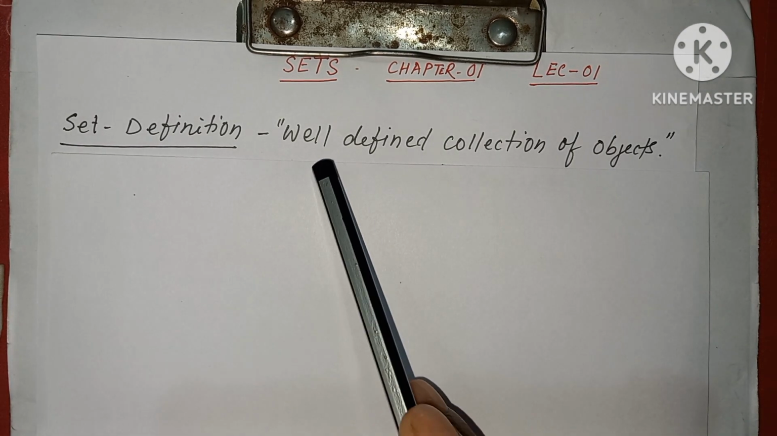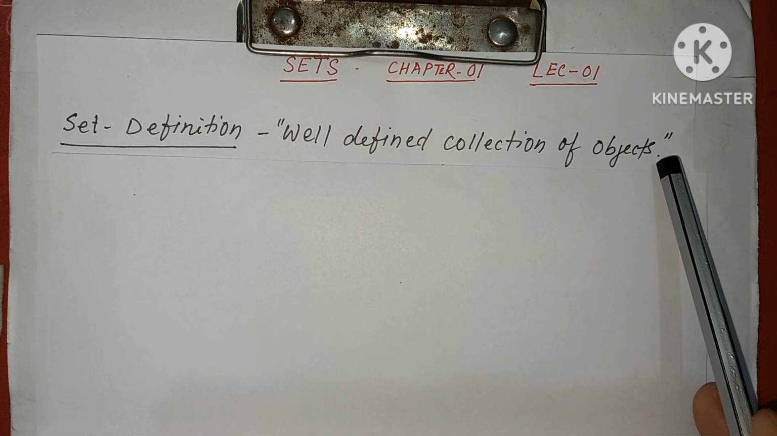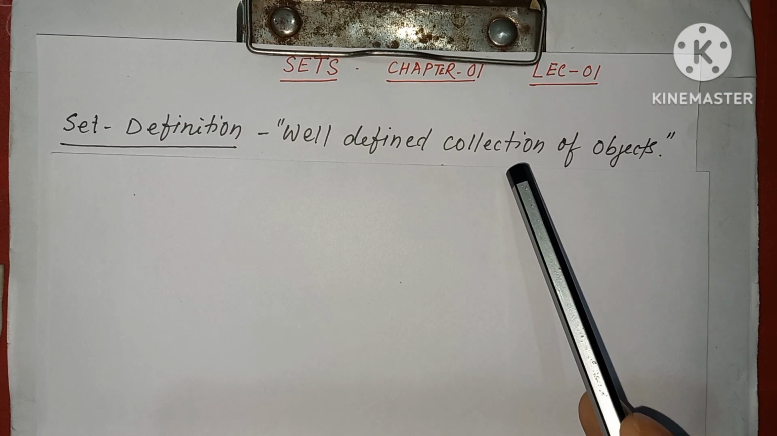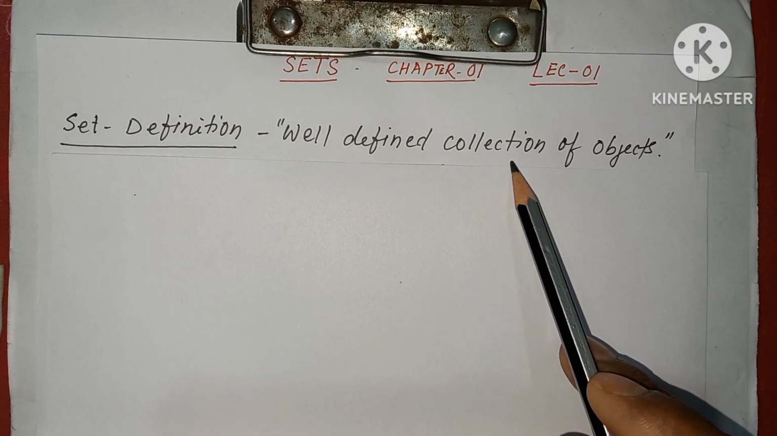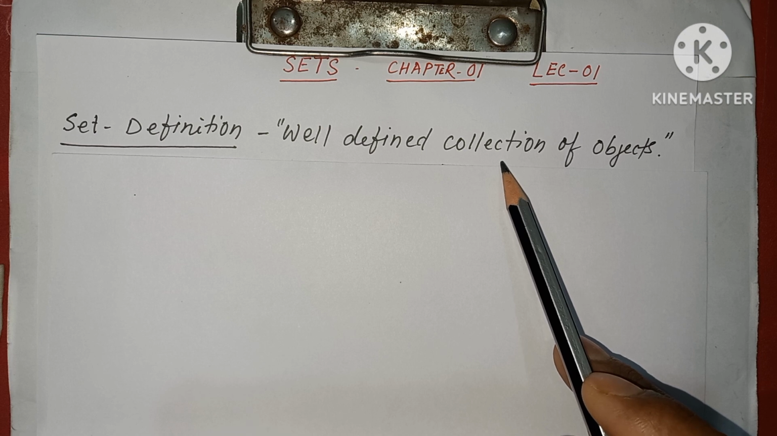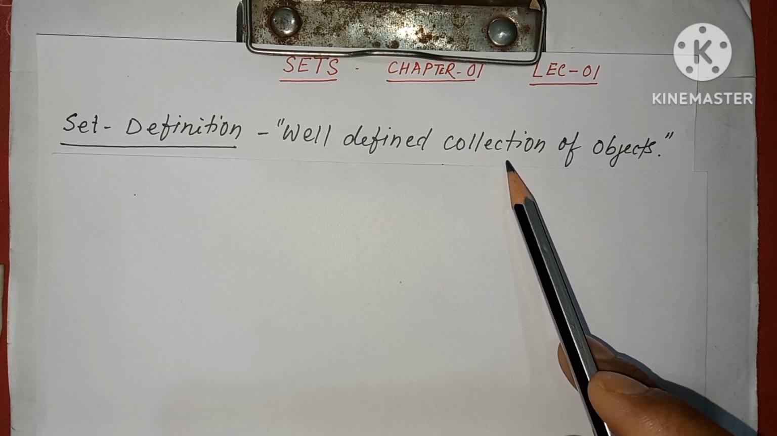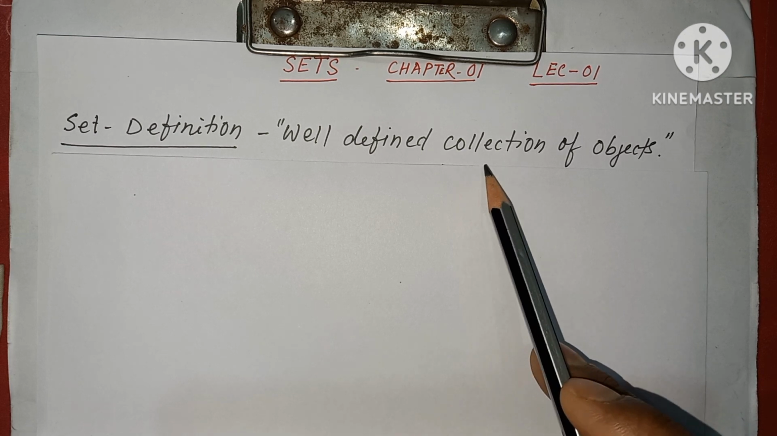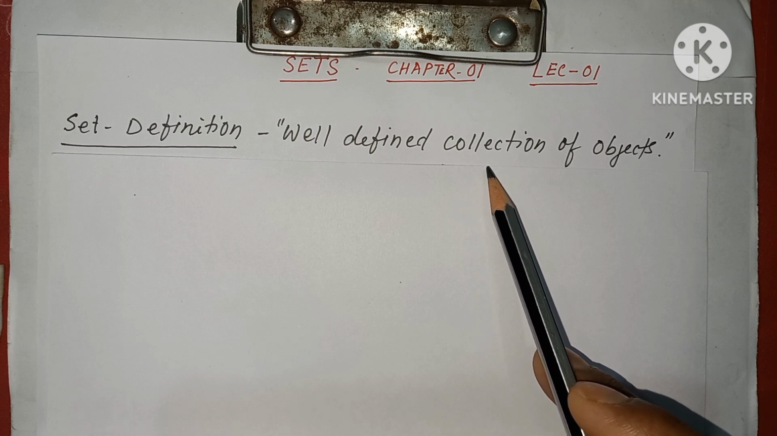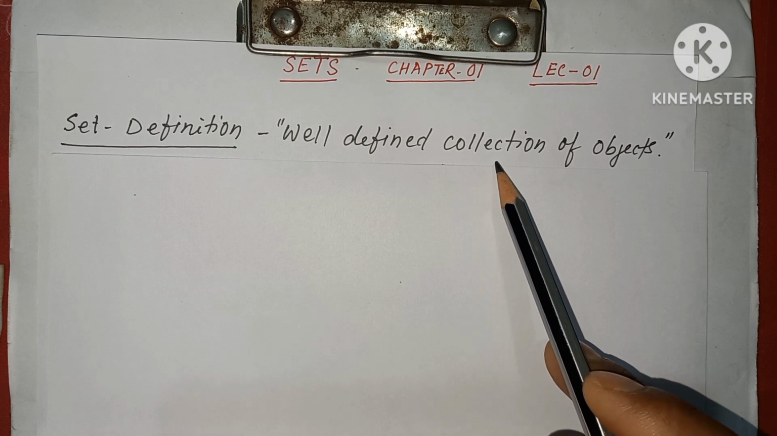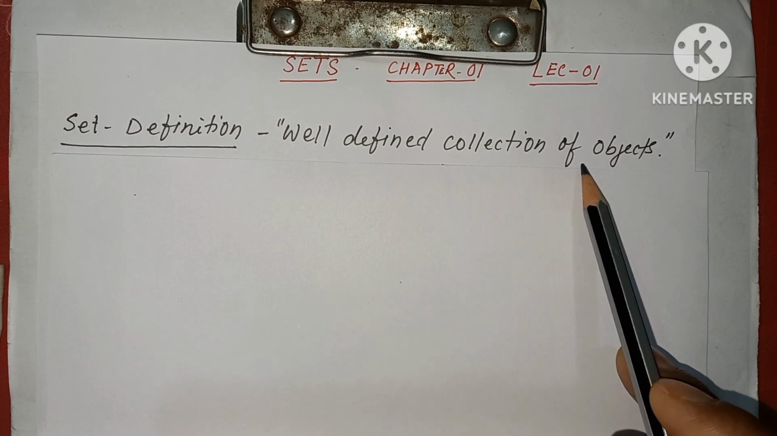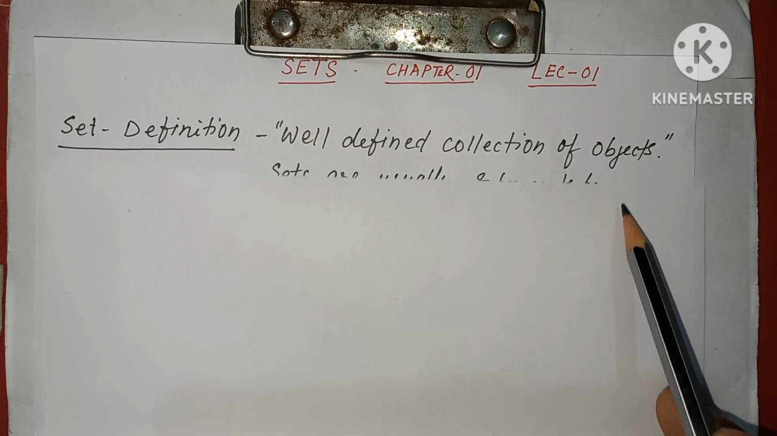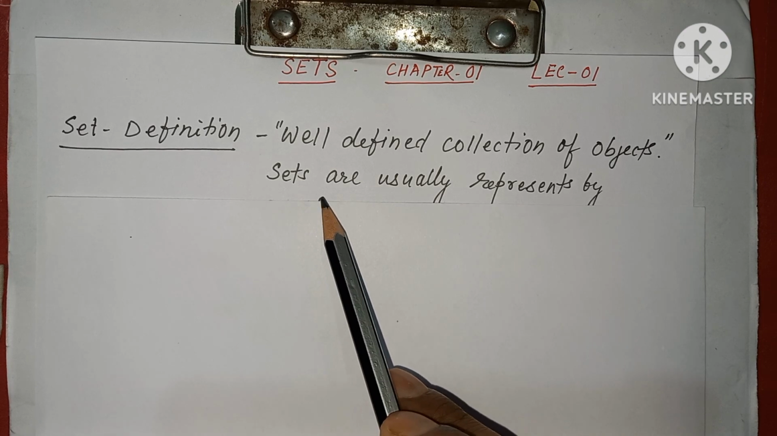सेट: well defined collection of objects. आपने कलेक्शन का तो नाम बहुत सुना होगा, चाहे वस्तुओं का कलेक्शन हो या ऑब्जेक्ट्स का कलेक्शन हो या एलिमेंट्स का कलेक्शन हो। क्या हम सभी को सेट कर सकते हैं? तो सभी कलेक्शंस सेट नहीं हो सकते हैं, केवल well defined collection of objects को ही सेट कहते हैं।